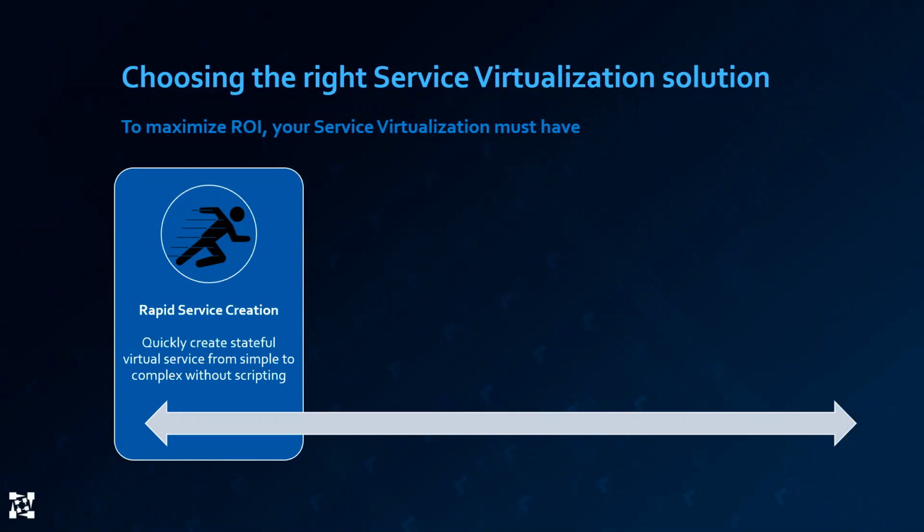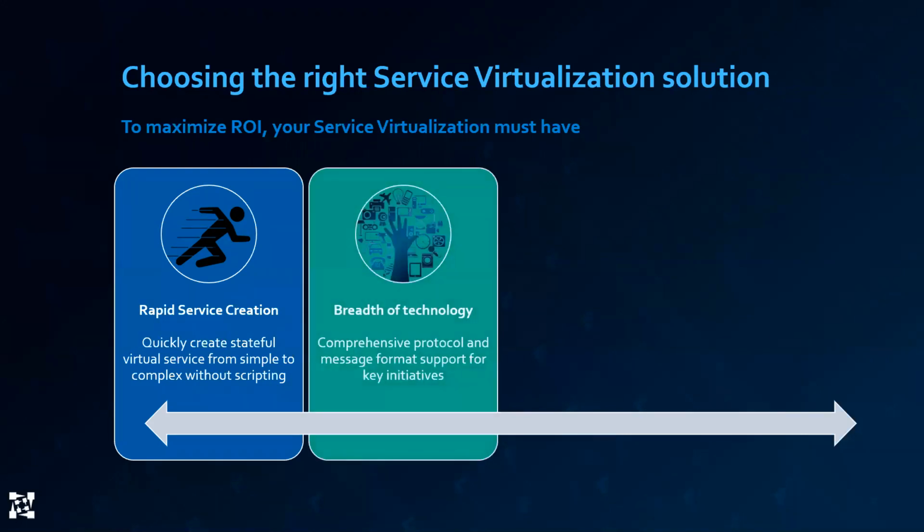Because quite often what happens is that you'll require a virtual service when you have a challenge in your test environment. And you don't want to be spending the time to investigate and learn all of the domain logic and business rules of a service. You want to be able to rapidly build that, swap it in, use the virtual service, get past the problem. And that's going to be one of the critical enablers to drive adoption at the organization. Hey, that virtual service showed up, it helped us do what we needed to do, and we should use that more in the future. And that's going to be one of the most critical capabilities.